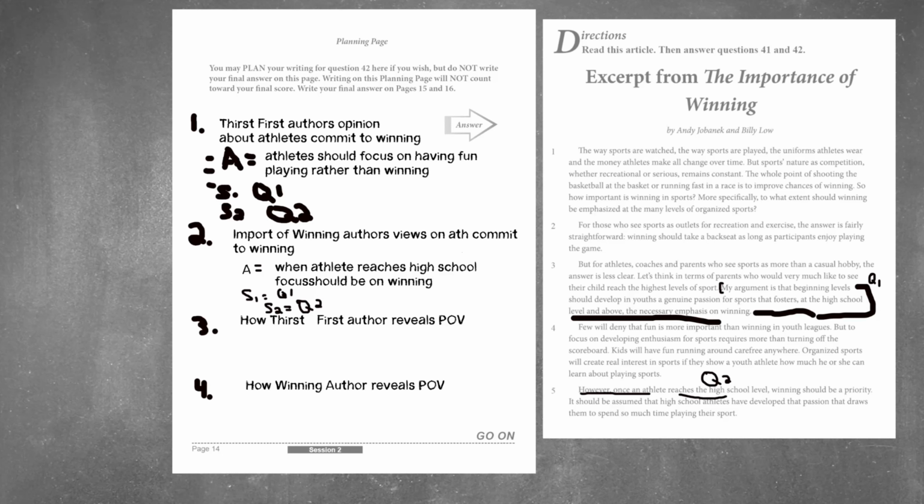For the third and fourth question, they want to know how each author reveals his or her point of view. Let's stick with this one here in terms of point of view. In this question, again, we're going to have to find an answer and two supporting quotes. And you may say, Professor Frank, this is going to take all day. Well, if you want to get a 4 out of 4, you have to put the time into the planning page. And you'll see how easy it is to develop this response once you have a perfect planning page.